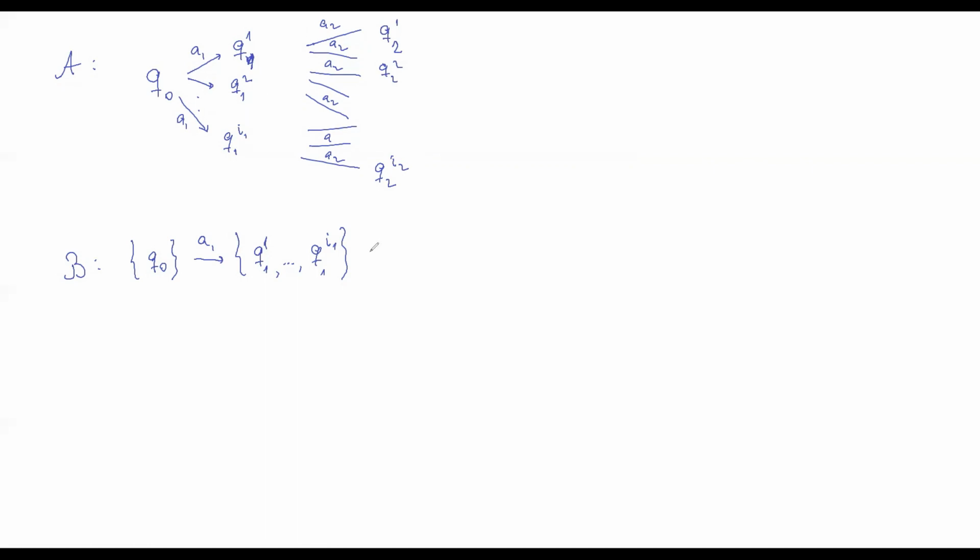And so because of this argument that I'm taking all of them and I can already reach these ones by going from one of these with a2, what this means is, again, by the way we have defined the transition function, that this is a transition in B. So I go to q2,1 all the way to q2,i2. And so it goes in the same way